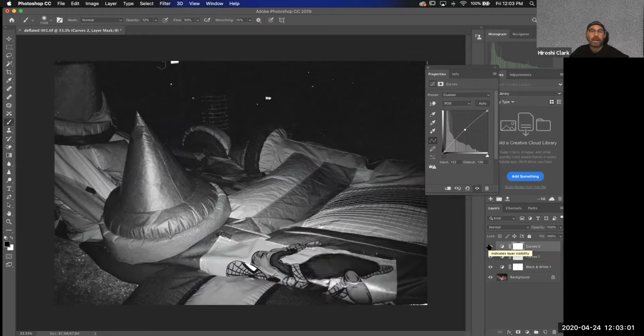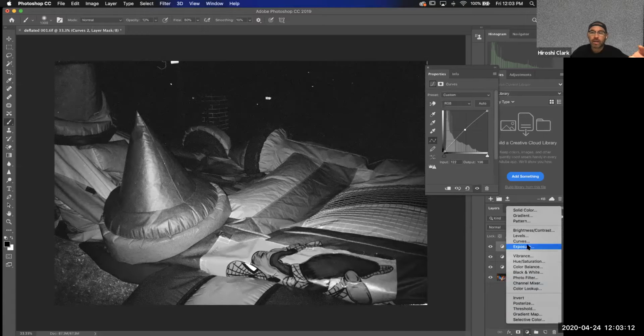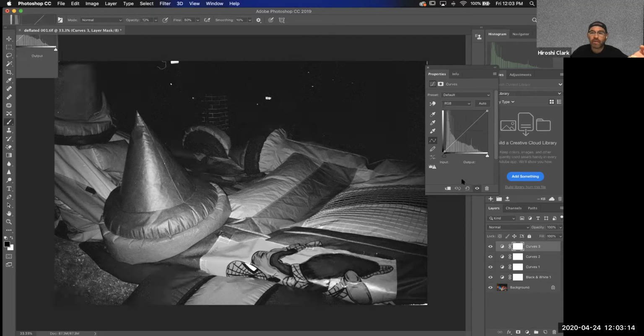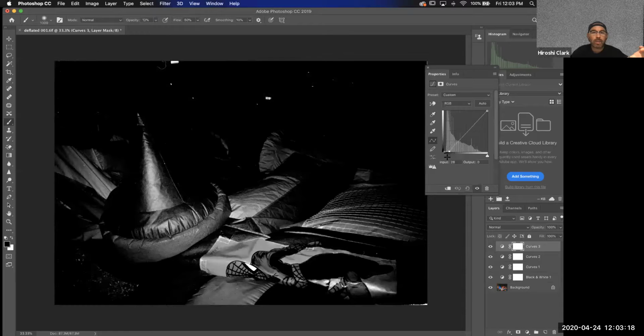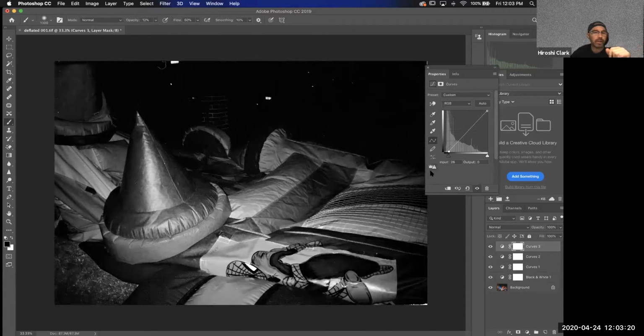Now, the other thing, I don't know who it was, Victor, maybe it was you, asking about the different ways of doing this. The other way of burning and dodging, of course, is to open up a curves layer or levels or whatever. I can come up here, and let's say I just want to pop the blacks a little bit. I can do that. Now your mask is filled with white, so